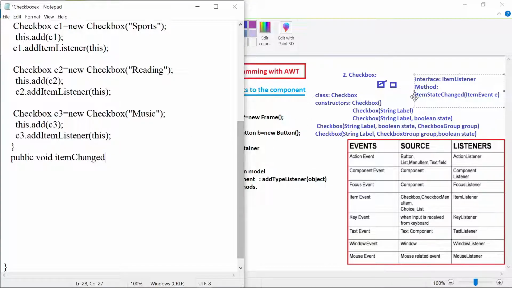You can see here, public void itemStateChanged. Okay. And the ItemEvent class object we need to create.